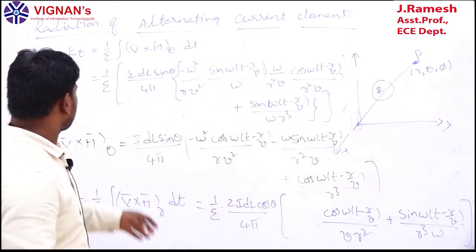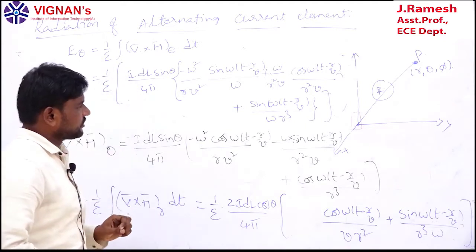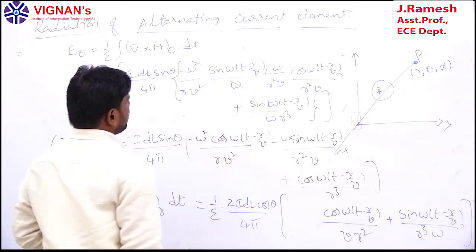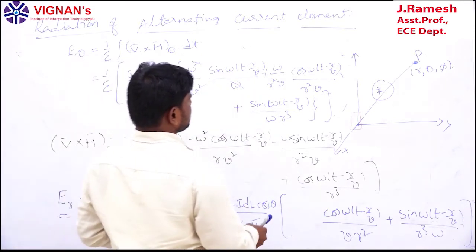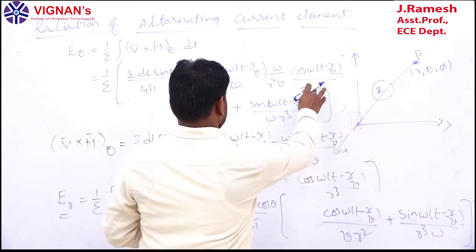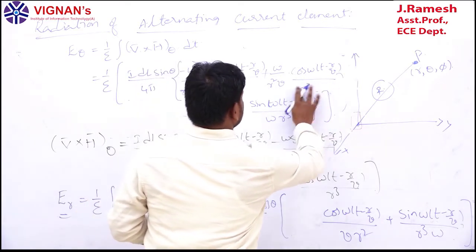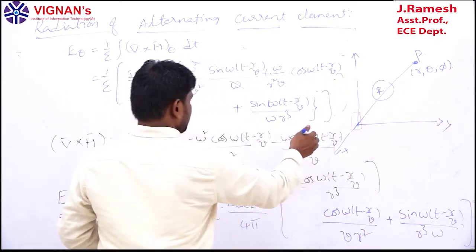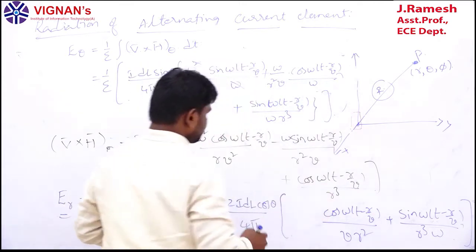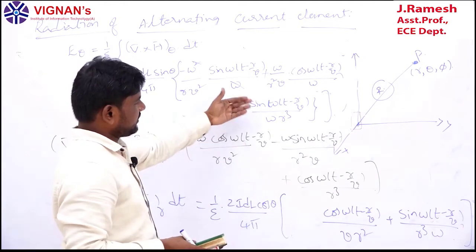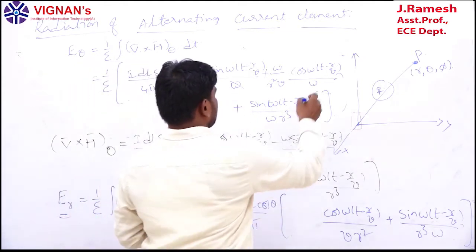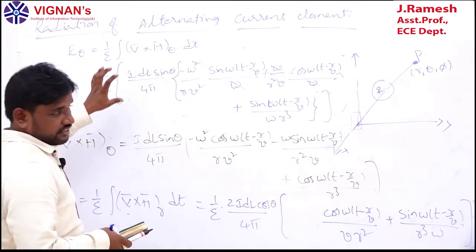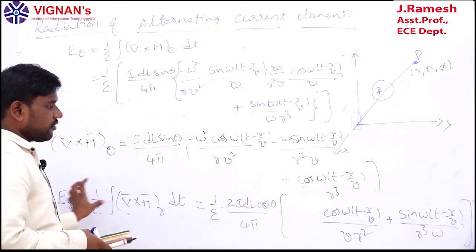So this is exactly what we needed. This is the E theta component. So if you want to simplify, you can simplify this one by using omega square, and omega are going to be cancelled here. And in the second term, whenever you are doing integration, R square V by omega will come. So if you go for the third one, sine this one, here there is no omega terms, but we can cancel omega term and omega term here. So now finally you can rewrite this expression. So this is the ER component, we already got it.